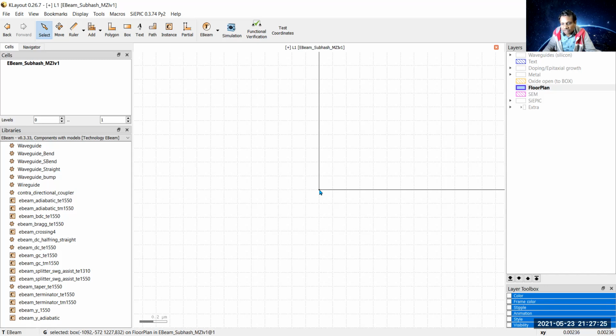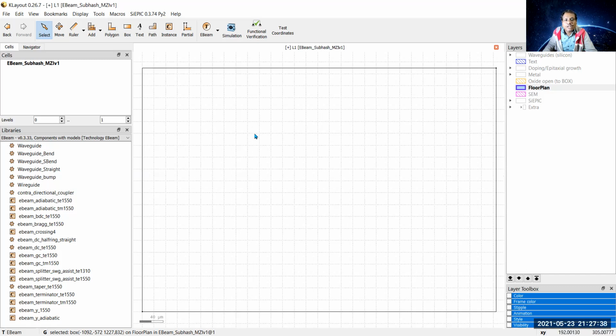You can see here 0, 0. However, you see most of the area is not visible. So if you press the F button on your keyboard, your floor plan will be visible in the middle of the screen. Up to that, I think there should be no problem to determine the size as well as location of the floor plan.